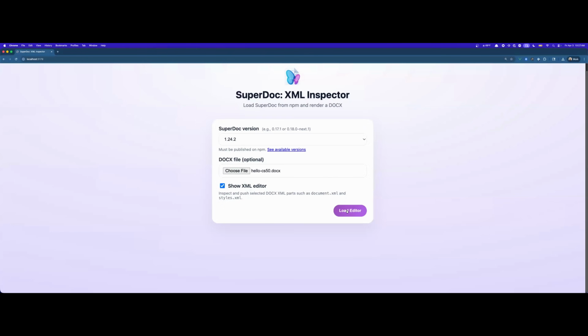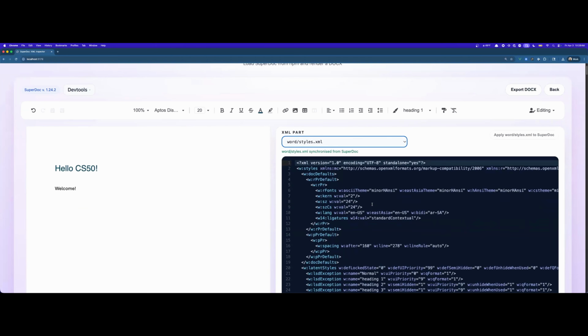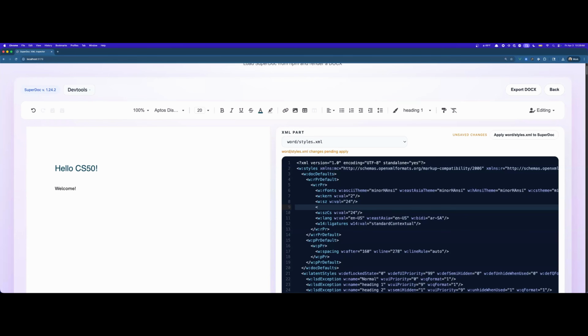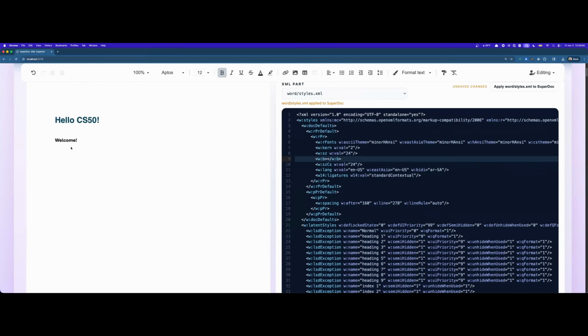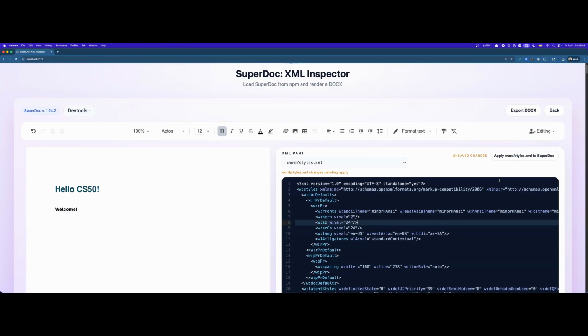Hello, CS50. I want to show you this if it'll let me do it. Let's try it again. The B tag. There we go. Okay, so you can see everything on the left became bold. So the B tag in Word language means bold, kind of like in HTML actually. So I've edited the document to have a default of bold. I can actually remove this as well. Remove that. I can reapply it. You can see everything suddenly became not bold.